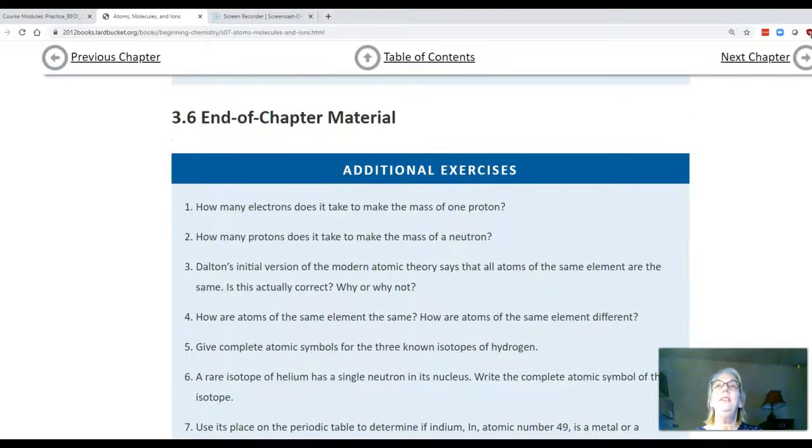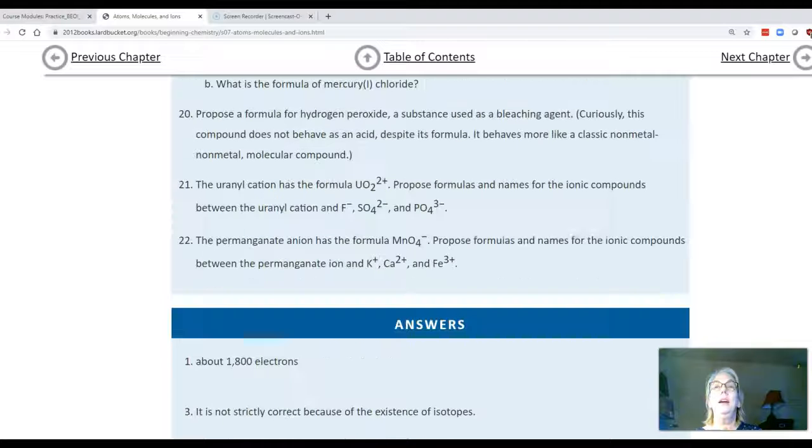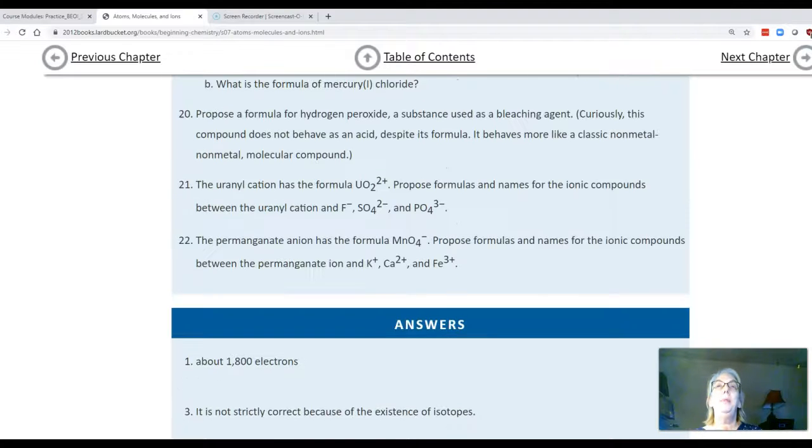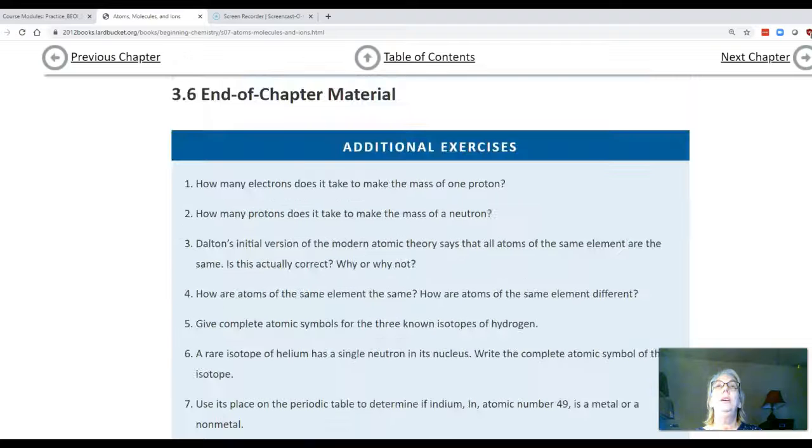This is where you're going to find the homework for chapter 3. So this is the end of chapter material. Remember, it's always at the end of every chapter where the homework is. I've given you problems to do, and then always the answers for the odds are at the end, so you can check yourself. Remember, when you turn in homework, you're going to submit it to me, and if it's a concept question, you need to be very explicit in your answer so that I know what you're thinking. Yes or no is probably not going to answer a question, and you need to probably do